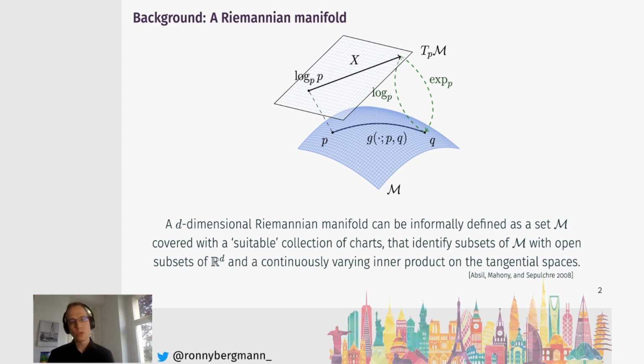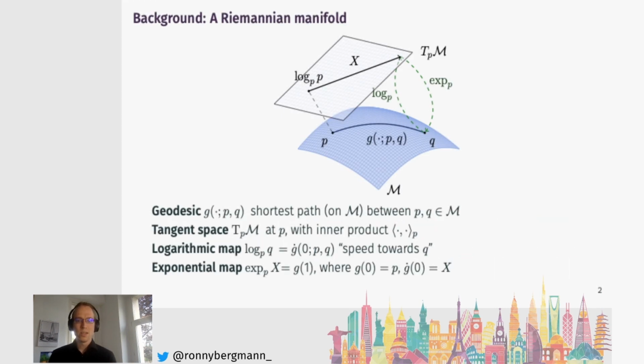Another thing we need is to be able to measure angles or have a norm locally. That's what the inner product is for, and it has to vary smoothly with p. That's a little technical, but we need, at any point, the possibility to measure angles and locally something like distances. We will see that in a minute. So a few more